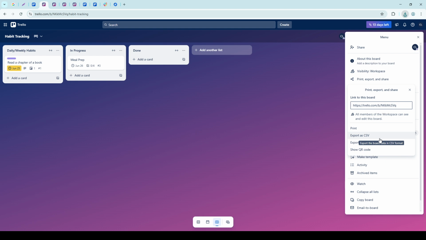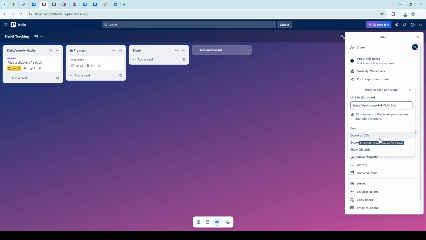This format is particularly useful if you're planning on importing your data into other applications or services, or simply for backing it up in a structured format. Remember, JSON is a lightweight data interchange format that's both easy for humans to read and write, and efficient for machines to parse and generate.